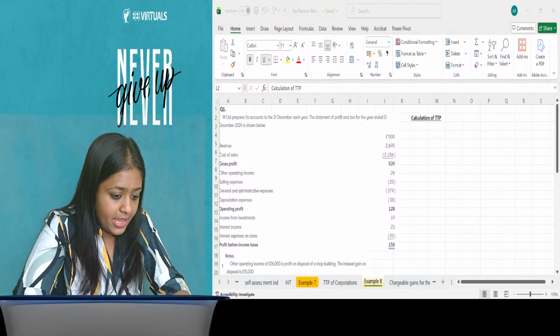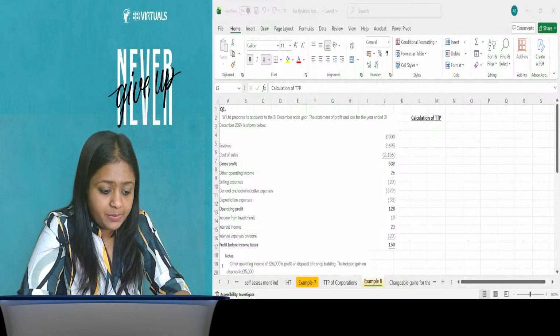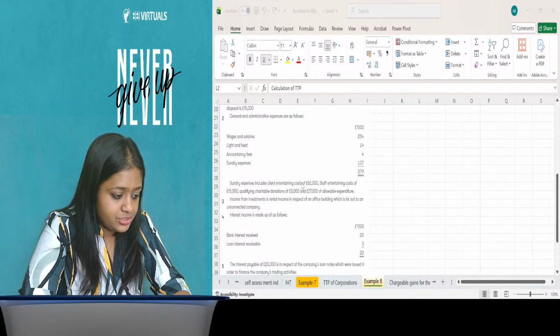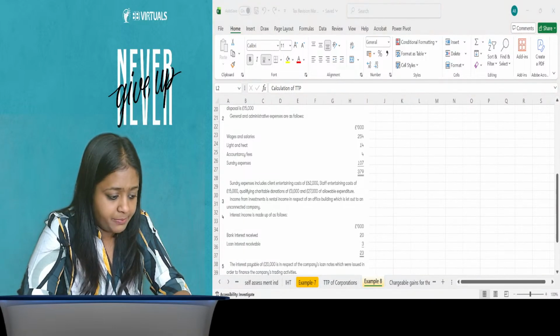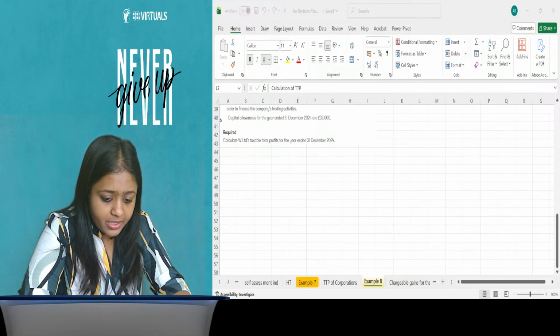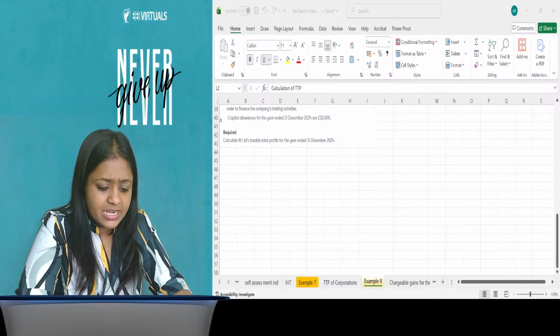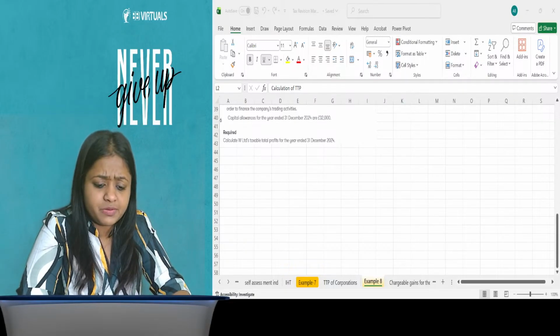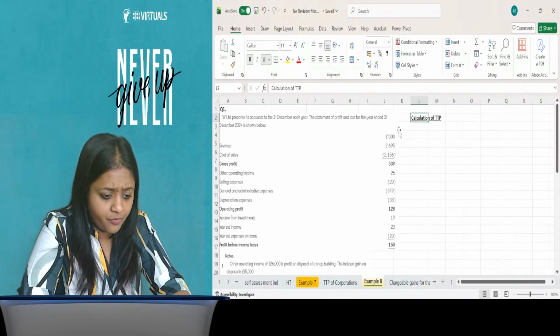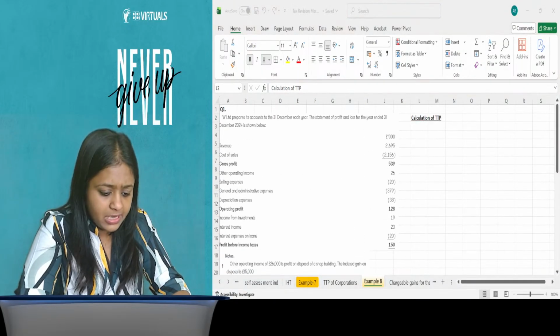So now we are doing the calculation of TTP. My starting point will be, the question is guiding you for the same. Don't worry. Let's look at the last point, which is generally the point where it tells me to calculate the starting point. Starting point otherwise is the same, like individuals will start with the net profit only, because you have to calculate the adjusted trading profits. So here I will have